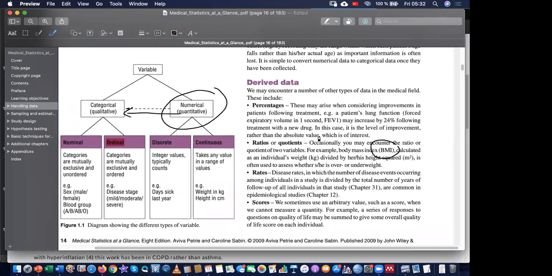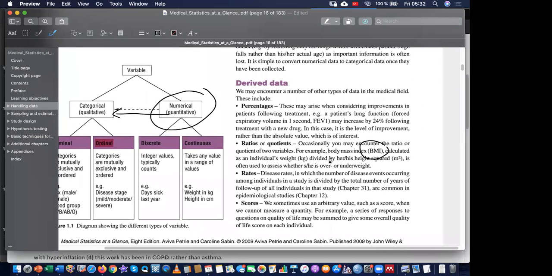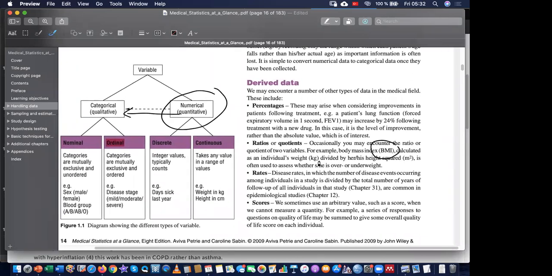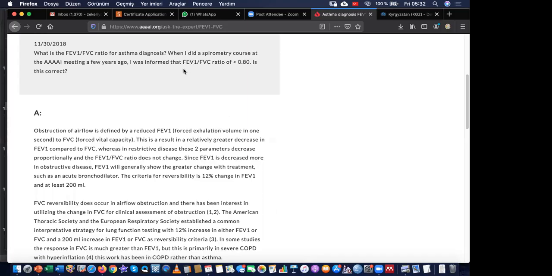Yeah, the formula for BMI was weight divided by height squared. Another ratio, for example, could be FEV1 divided by forced vital capacity, which, if it is less than 0.8, is also diagnostic for